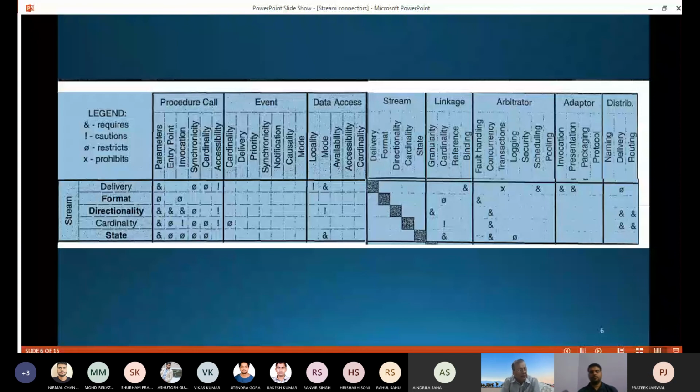What are the parameters which are associated with event, which are associated with the stream? Try to understand yourself. What is cardinality? What is statelessness? What is the different parameters associated with each connector? There are 8 types of connectors. How they interact among themselves, what type of interrelationship exists among themselves, and why.